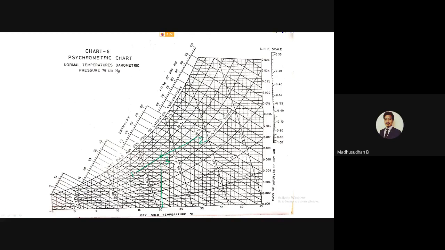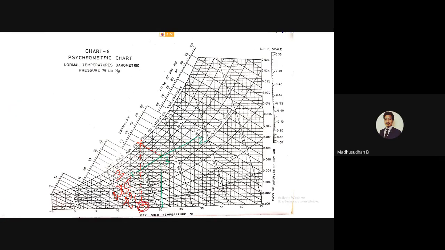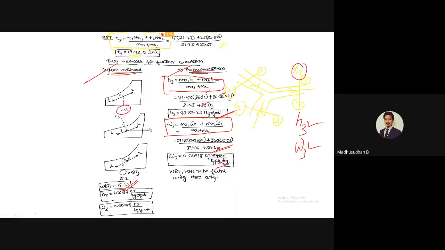Okay, so you have to go in reverse. First trace the isenthalpic curve backward, like this, and mark where it cuts the saturated line. From the saturated line, trace vertical, till it cuts this particular scale. So this particular temperature is your WBT at the outlet. Outlet in the sense it is 3. Getting it? So it is very simple. Okay, so this is how we get 15.2. So the value is approximately 15.2 here. Okay. So H3 and omega 3 you know how to calculate from the chart.